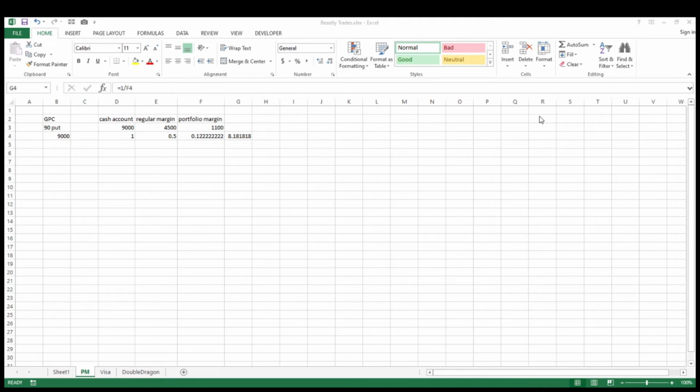But I did pick up a few bargains here and there. I think I got Disney for like 120. At the time, it didn't feel so good because I was down a bunch of money. But now it's almost December and it's rebounded. So I have a covered call in there somewhere, so I'm gonna wind up making a little bit of money on the overall position. But this shows you the power of